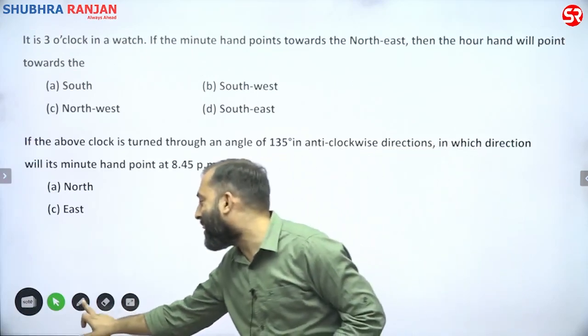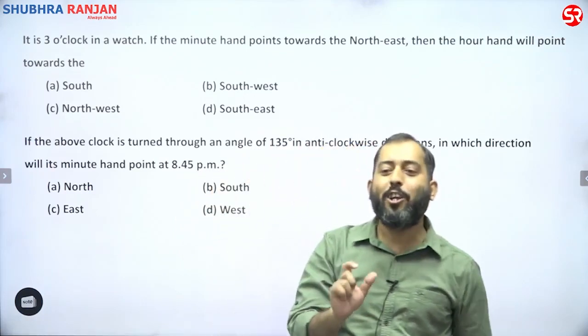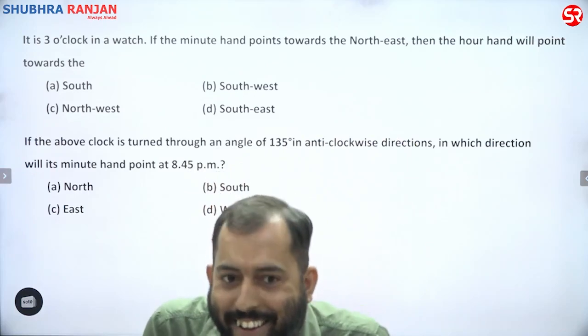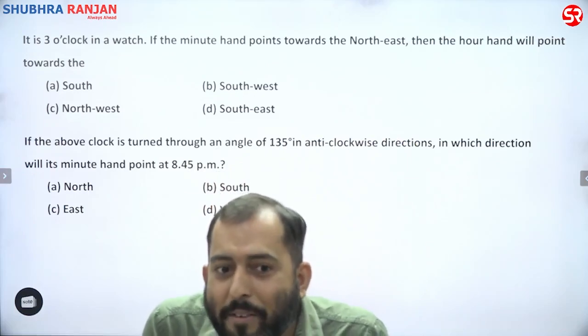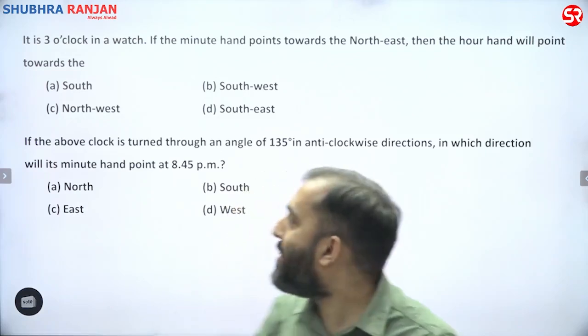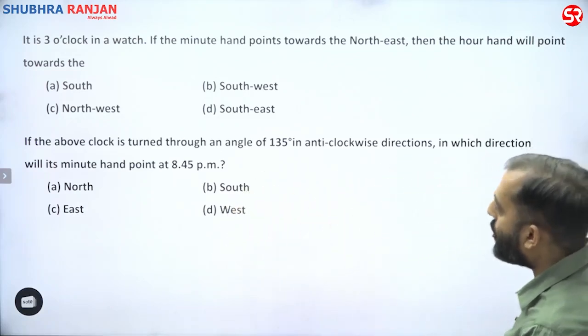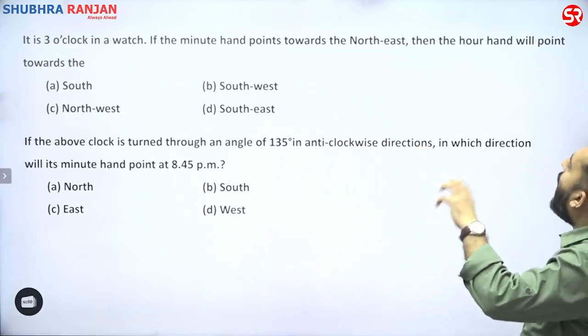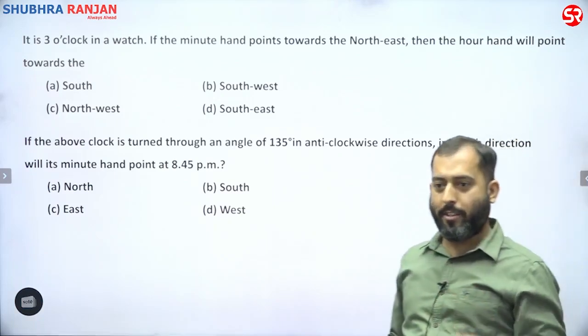So let's do an interesting case here. Let's mix clocks with directions. Now be very careful. See, it's 3 o'clock in our watch. If the minute hand points towards the northeast, then our hand will point towards